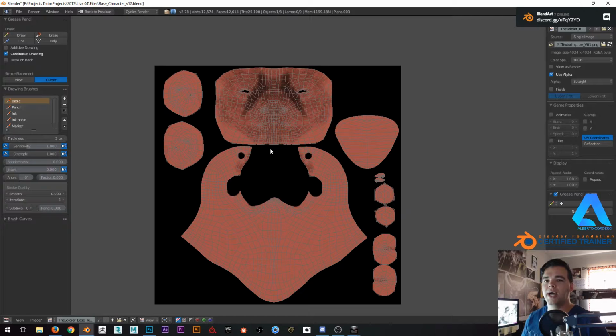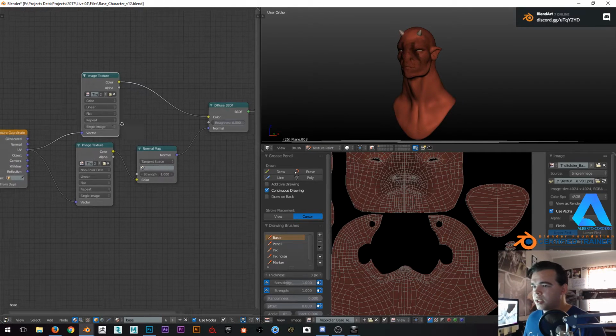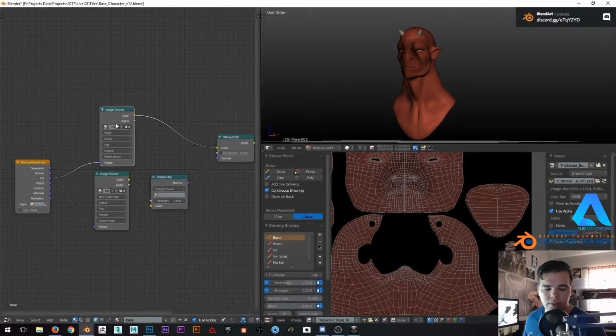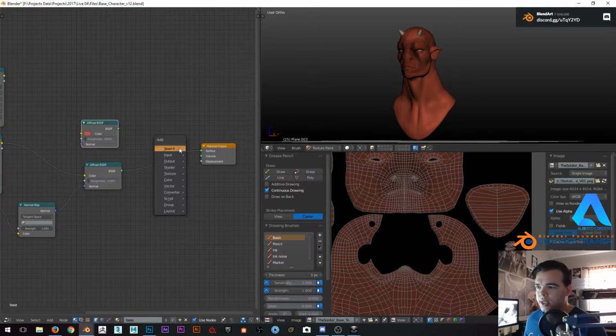So if you want to add details on top, like scars, whatever you want to use, you need to add one more texture. So what we're gonna do now is I'm gonna use this guy. It's gonna be texture, base texture version 02. Right there. There you go. Go up, and I'm gonna create one more here, and add